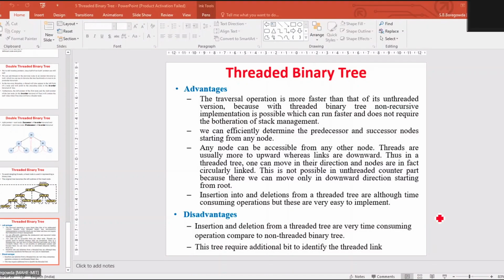In order to retain the MAXZIP property, you have to swap these two values. If you swap them, the resultant tree will look like this. This is the output of step 3: 67, 33 and 42. Now 67 is the parent whose key value is greater than 33 and 42, so the MAXZIP property is maintained.